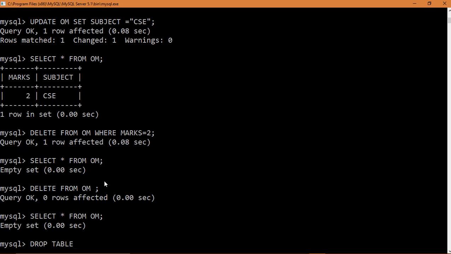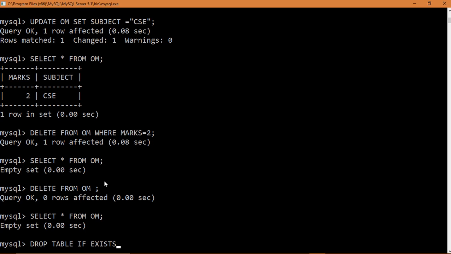But if you want to delete it and you are in doubt whether it exists or not, and if it exists then it should be deleted, so you are not worried about afterwards checking whether this particular table exists or not, and you don't want to get an error, then what you can do is write drop table if exists.